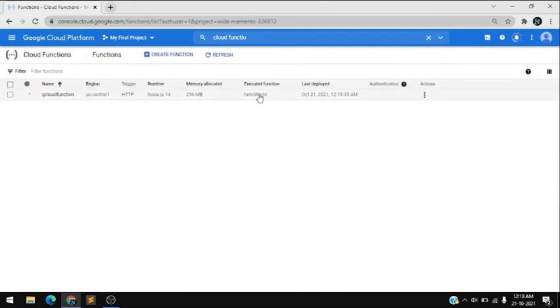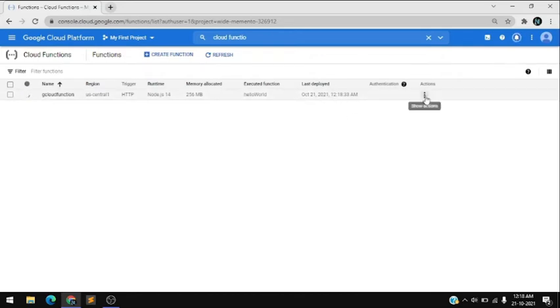So here you can see the name of the function, region, trigger, runtime, and memory allocated is 256 MB. And here the executed function is hello world, and the last deployment is this one.